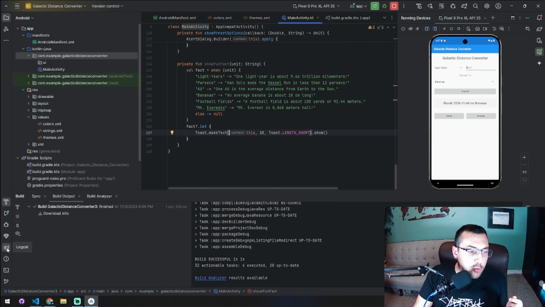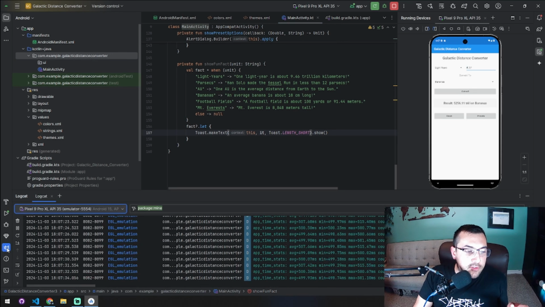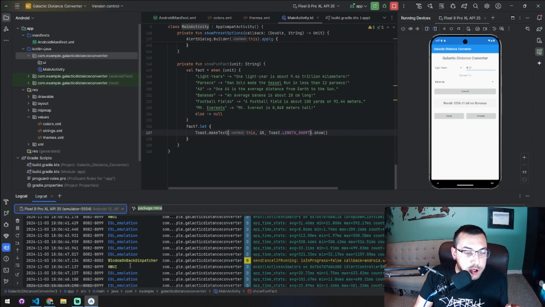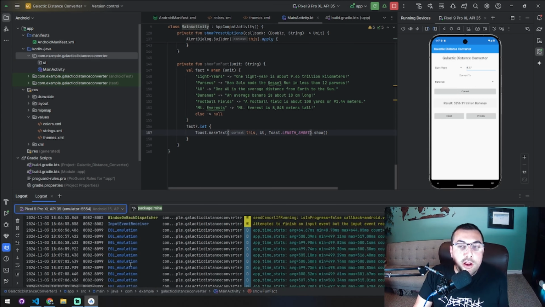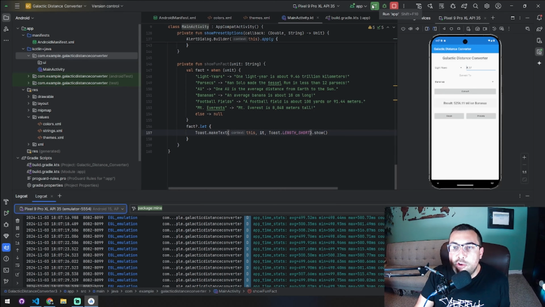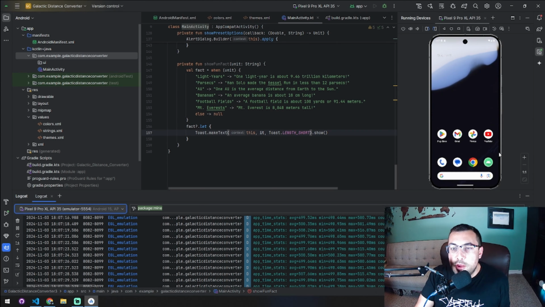Something else I want to show you, real important, on the left here is logcat, which gives you a log of how things are running with your app. So eventually you should be able to get it to run. You're just basically copying and pasting code that AI gives you, and if we hit run app, it's going to